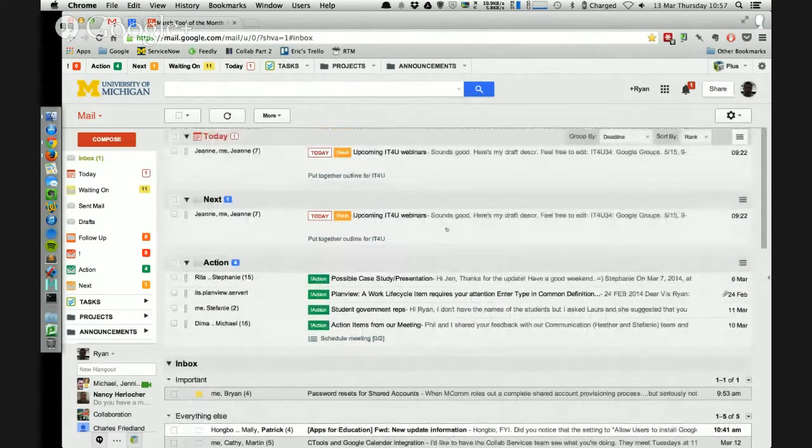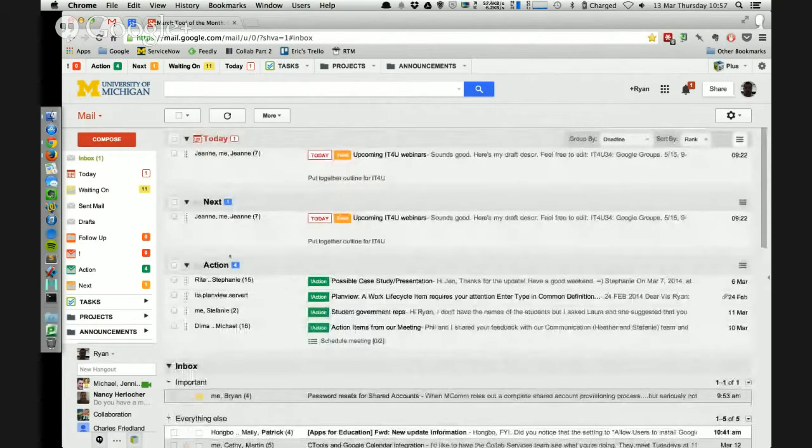Just kind of wrapping up here a little bit on Active Inbox. There is a lot of depth here. I'm not going to cover it all because, frankly, you just have to use it to work your way into a lot of these features. I think for managing tasks alone, if you use your email like I do as a task list in certain ways, this is an invaluable tool. There is a free version, and there's also a paid version. The paid version is $25 a year. $2 a month is pretty cheap for software.